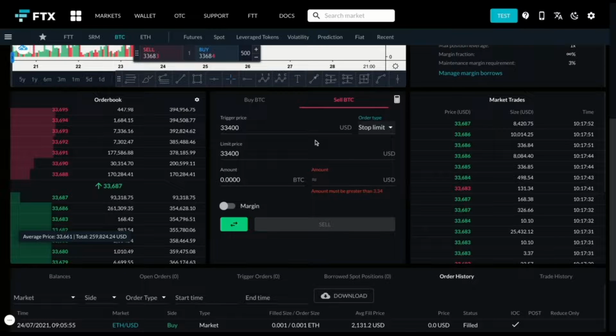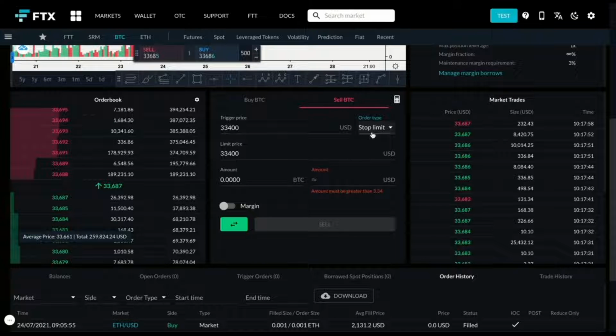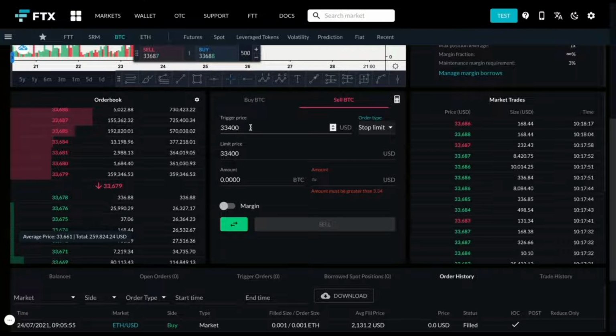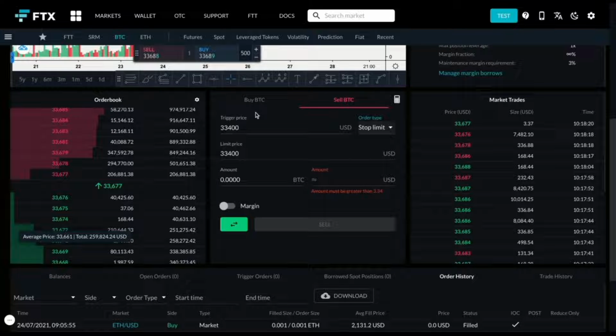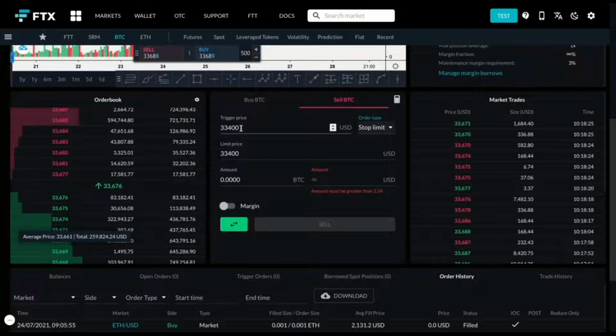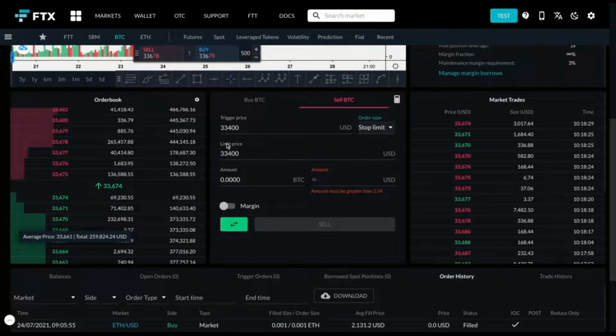Then you could use a stop limit, which is the same idea as the stop market, but it just means you can set a limit order. So it means that you become the other side of the trade. So instead of just triggering and taking a market order, it would trigger and allow you to place a limit order. Okay, so the reason you would use this is that, let's say the price of Bitcoin was to go down to a certain level, and you think, okay, if Bitcoin goes to 33,400, I then want to place a limit order that if it reaches, say,